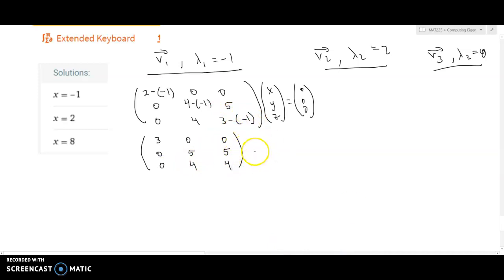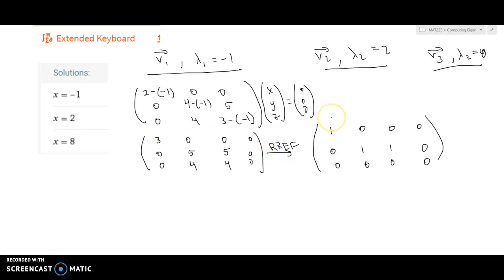And then I want to augment this by the 0 vector because I'm trying to find the coefficients of x, y, z. So I'll have the 0 vector here, and that in reduced form will produce us with